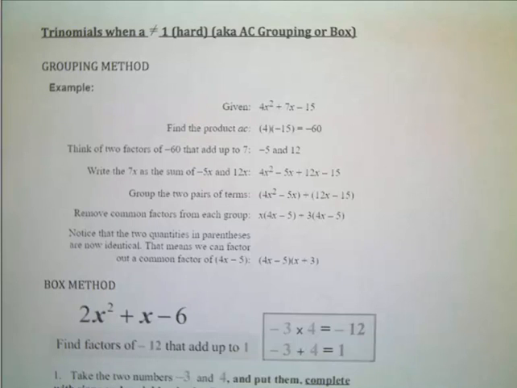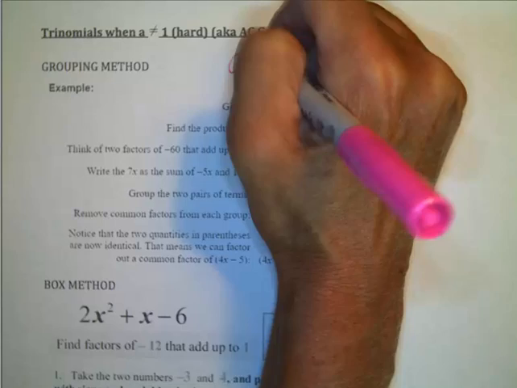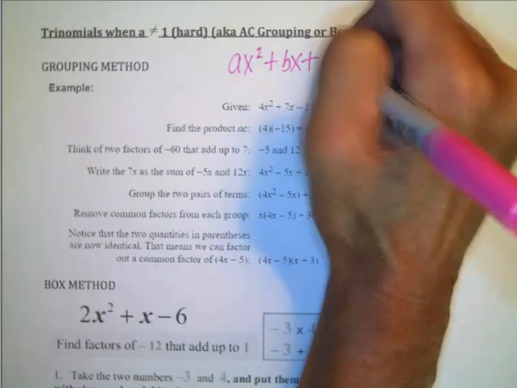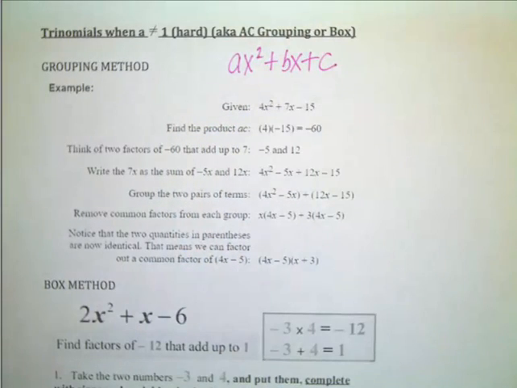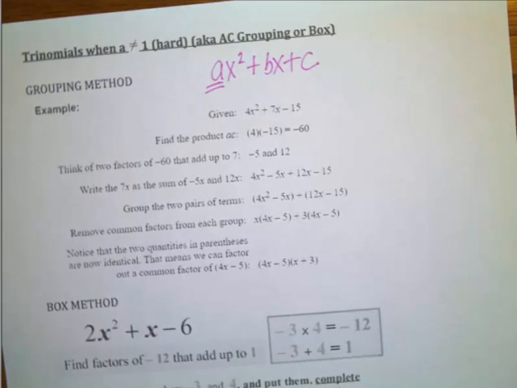This lesson is on trinomials when a does not equal 1. They're considered hard, and we are using a method of AC grouping or AC box. So remember, we have ax squared plus bx plus c for our trinomial. So this time, this a value is a number. So in our first example,